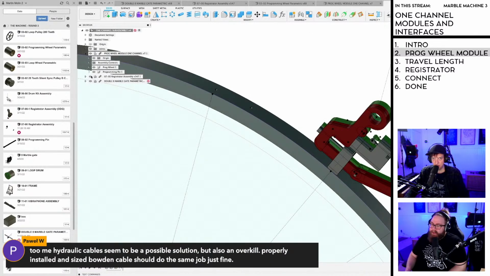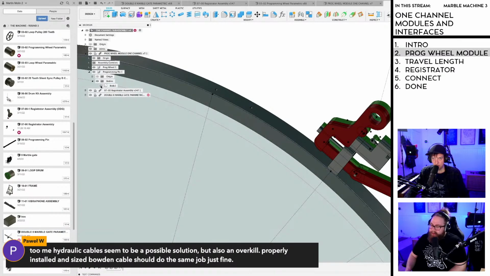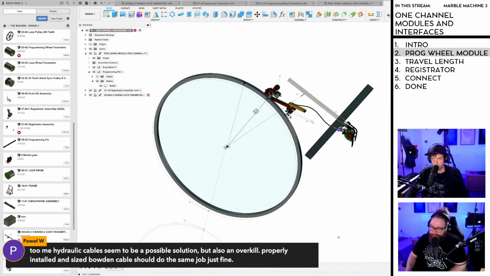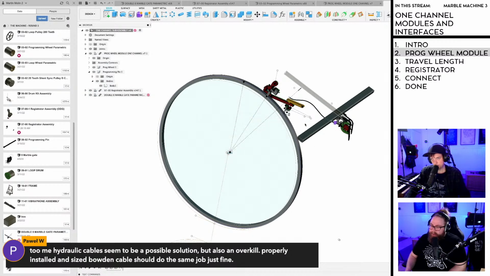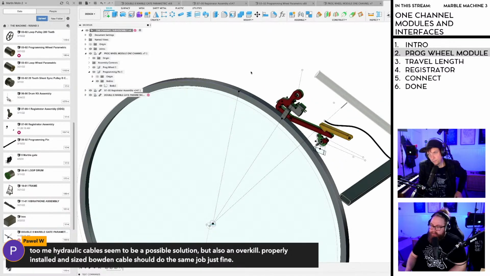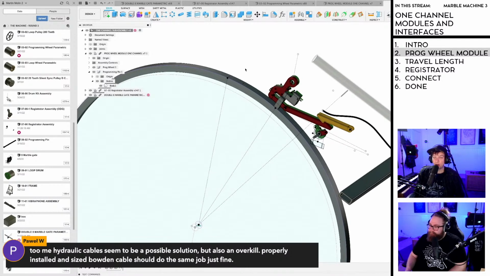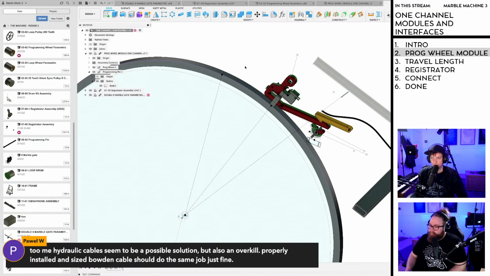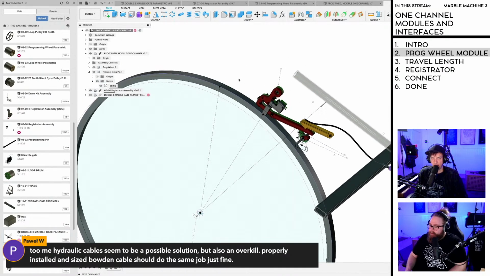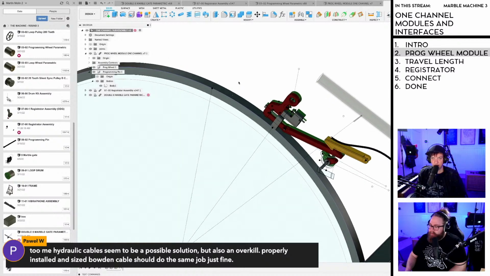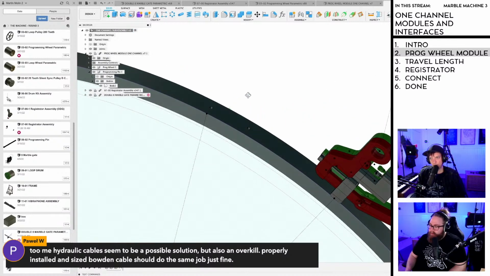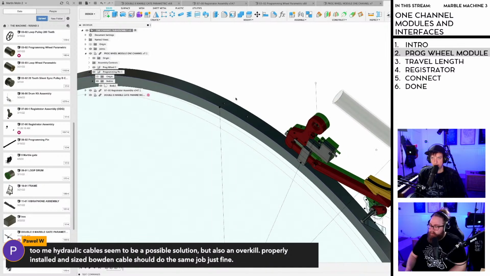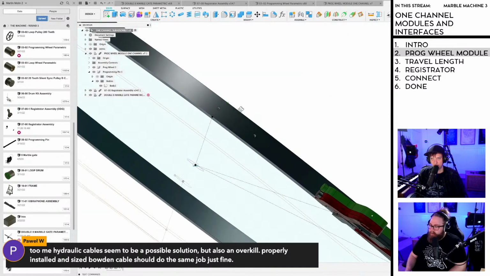Pavel W: To me, hydraulic cable seems to be a possible solution, but also an overkill. Properly installed and sized Bowden cable should do the same job just fine. That sounds very promising. Then we can go hydraulic. And also, I'm going to work hard to get sponsors for this machine where they can put their products in this machine. So that will change things a little, because if we can get a hydraulic Bowden cable company super interested, and they're like we're going to supply this, we're going to show how nice our cables are,